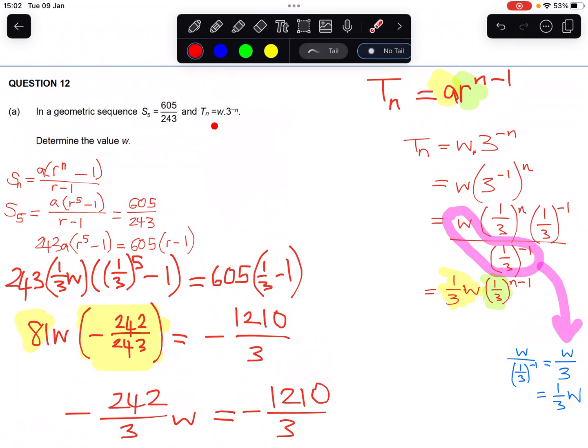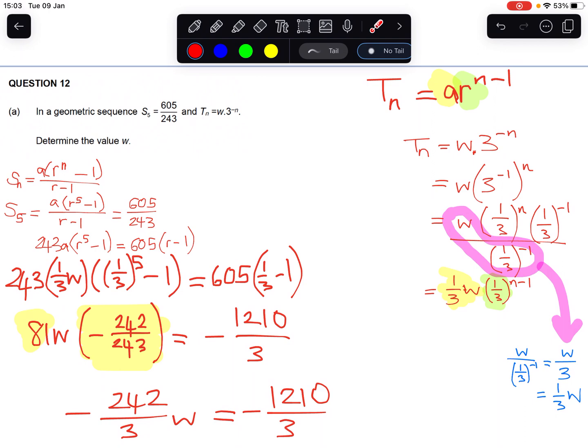So Tn, the formula we use to generate each term in this sequence, is 5 times 3 to the power of negative n. The first term will be 5 times 3 to the negative 1. Second term, 5 times 3 to the negative 2. 10th term, 5 times 3 to the negative 10. So I would generate the first 5 terms using this formula and then add them up and see if I do indeed get 605 divided by 243,